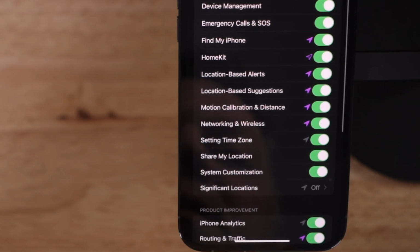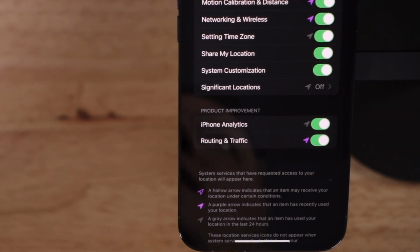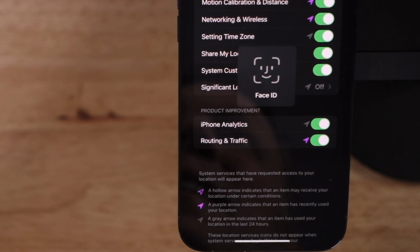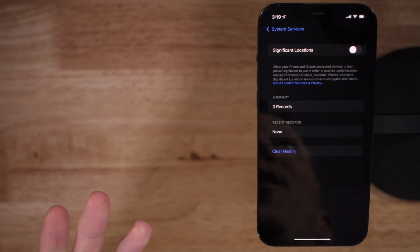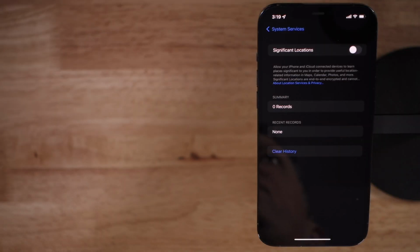Tap on system services, and what you want to do is right here, significant locations. You want to tap on significant locations. It's going to ask for your Face ID, and here you go. Right here by default, you guys probably have significant locations turned on, and it will even show you your activity